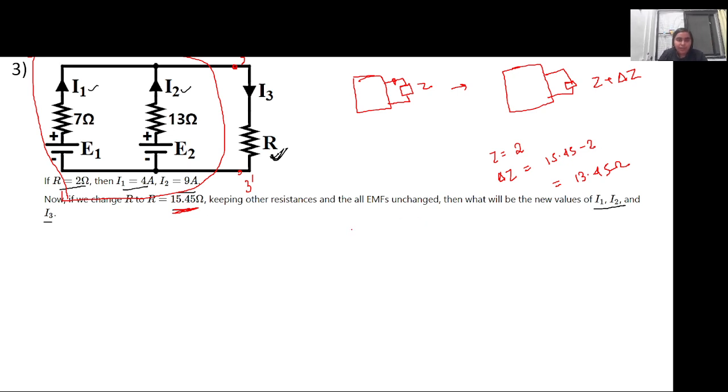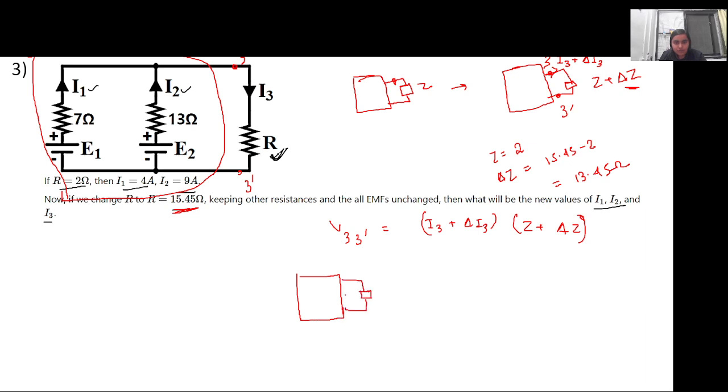Now what the compensation theorem does is substitute the resistance in terms of voltage sources and use superposition in order to solve it. The new current that will now be flowing here will be I3 plus delta I3, which is due to this change delta Z. So the new voltage across 3 dash will be equal to I3 plus del I3 into Z plus del Z. Now if you remember, sir had used the superposition theorem, in which one first takes only the unchanged value of the resistance to calculate I3, and this is added because one source is calculated at a time. So in the second case, what happens is